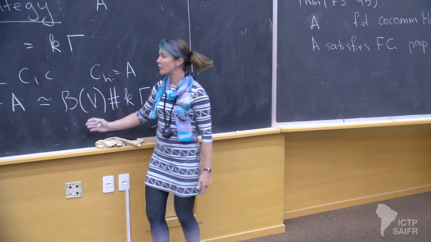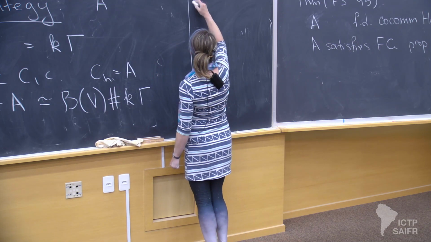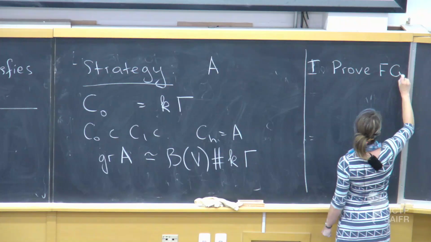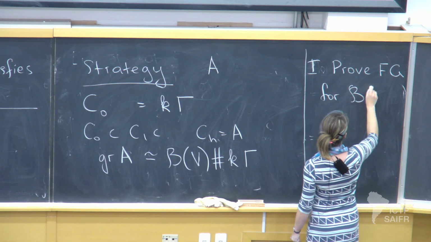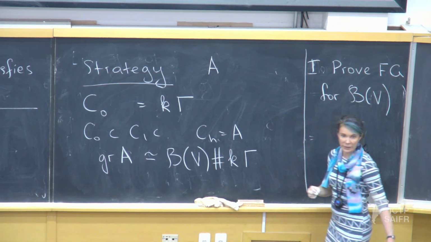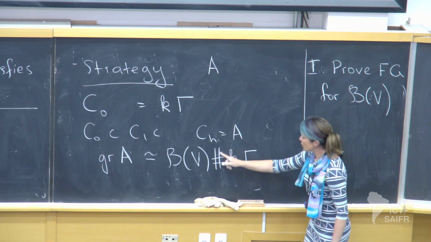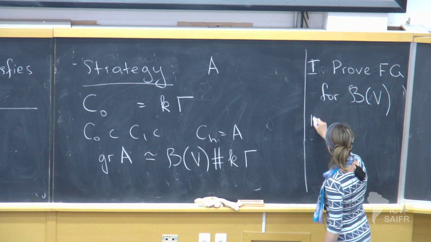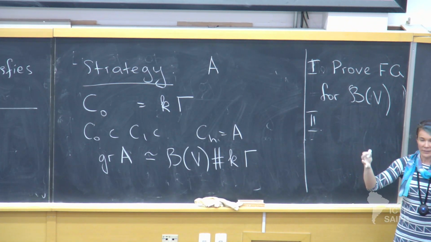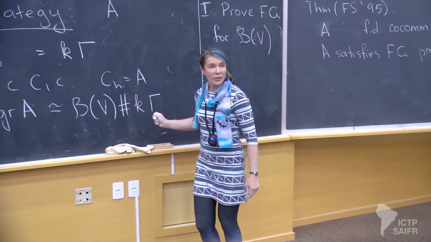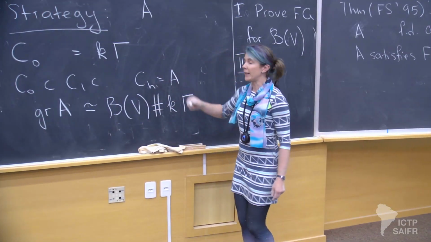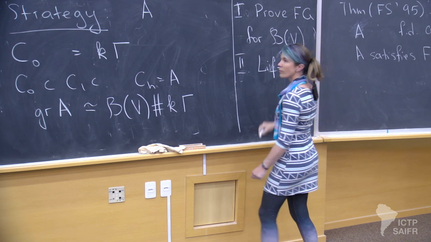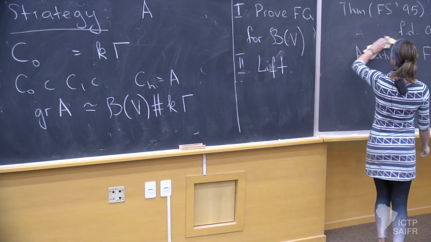So now we'd like to do two things. So step 1, prove finite generation for Nichols algebras of diagonal type. So that these guys are of diagonal type. Because we're in characteristic 0, taking a smash product with a group, this is semi-simple. It's basically nothing. And 2, we need to do the lifting. So the A is a deformation of this thing. So we know this is finitely generated. We want to go back here. And these are basically two independent things.